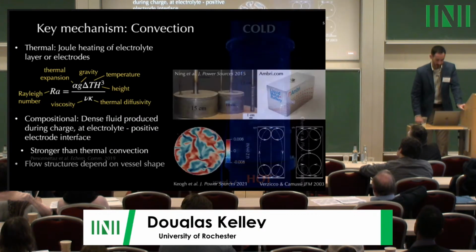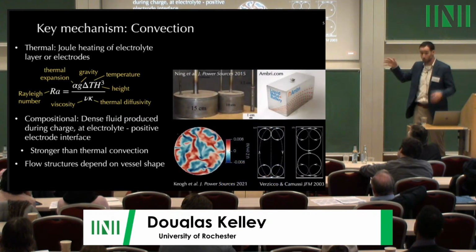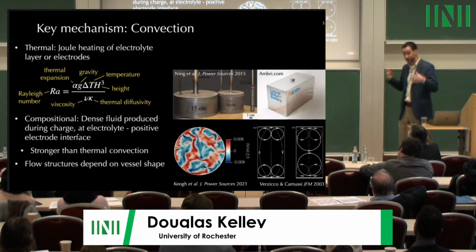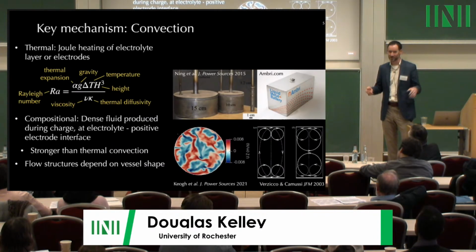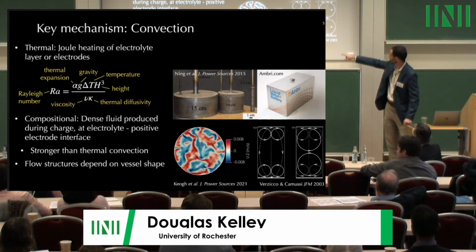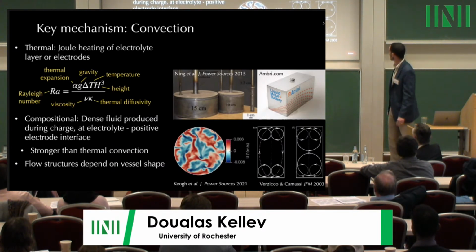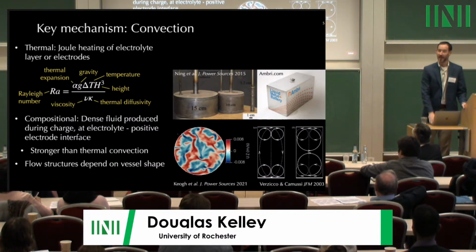That said, whatever structures you get out of convection, we expect will depend strongly on the shape of the vessel. So if you have cylindrical vessels, or if you have box-shaped things, you're going to see different flow modes. Here are some illustrations from a recent paper of Declan's and a paper from a bit longer ago. So we're very interested in shape, and how does shape affect the